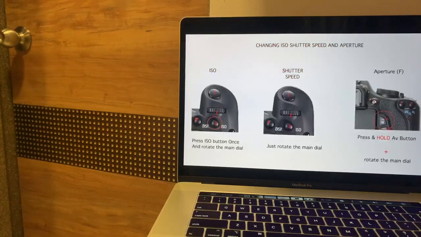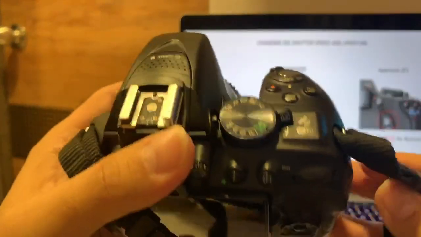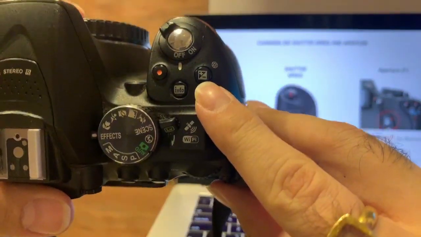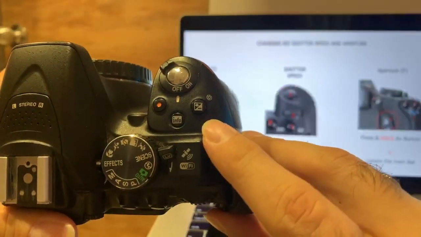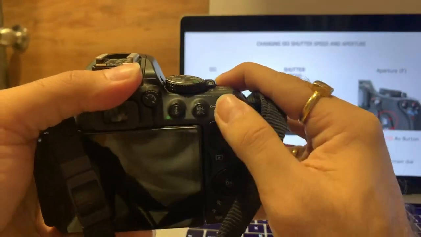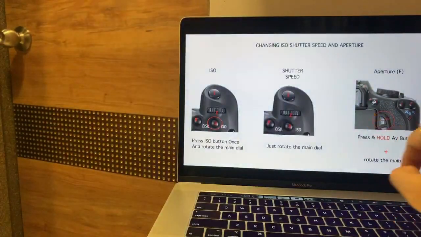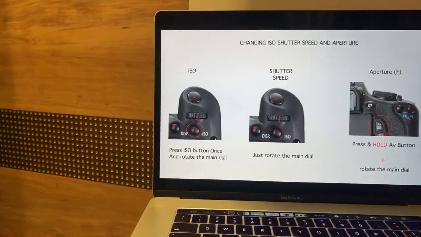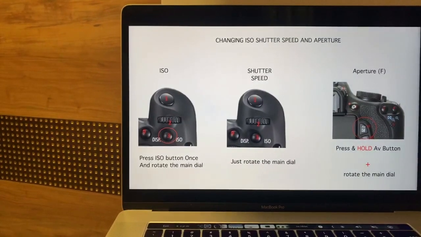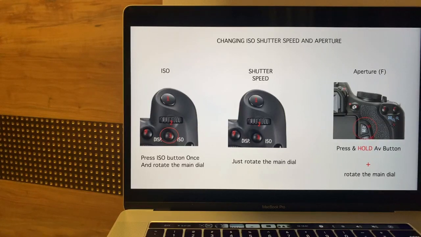And the last thing that you want to do in a Nikon camera is to change your aperture. So for aperture, you have a plus minus button on top of your camera, the basic entry-level camera in Nikon. You have to press and hold this and rotate the main dial. So what is going to change? Your F number is going to change. So these are the three basic settings, and we just revised how we are going to be changing them, and now we'll see what difference it is going to make when we play with them.